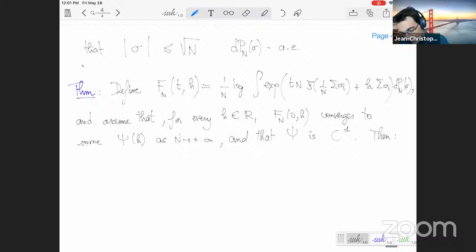And under these conditions, the same formula that we have seen for the standard Curie-Weiss model is also true for